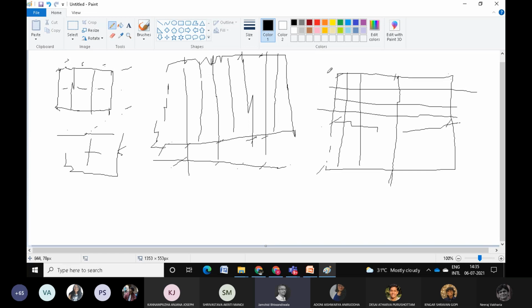These could be a good 12 meter, 15 meter span in both directions,